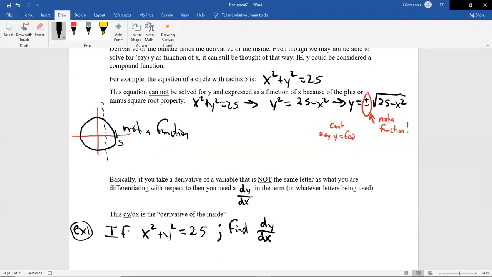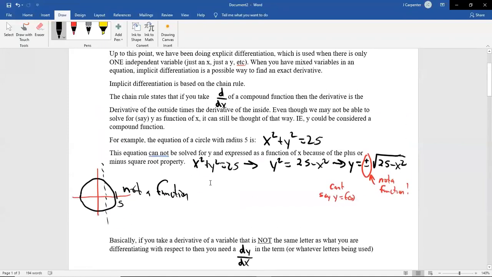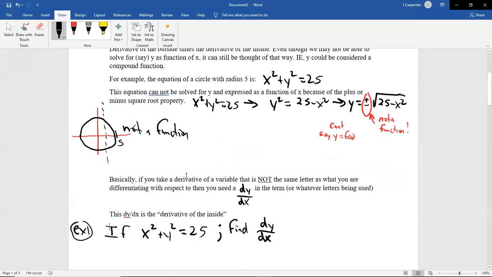That's the interpretation. The rate of change of y with respect to x, that's y2 minus y1 over x2 minus x1 as we get super close to each other. If you do dx/dy, that's not slope. That's the reciprocal of slope, in fact. So again, we're basically trying to find these slopes. So we're going to take the derivative of both sides. Whenever they don't match, you do this extra chaining.